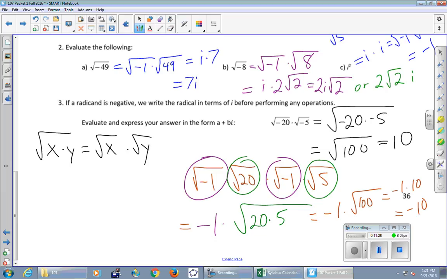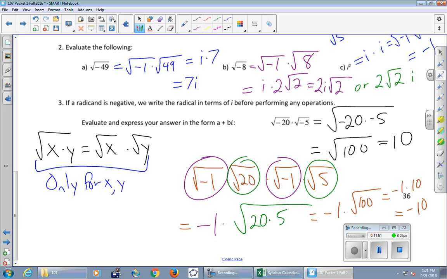And if you took some intermediate algebra class somewhere, you were using that equation with only positive numbers and the teacher didn't bother to say, hey, this is only valid for positive numbers. But if x or y is negative, you have to do this thing where you pull that square root of -1 off to the side, okay? So I'll just make a note here. Only for x and y positive.